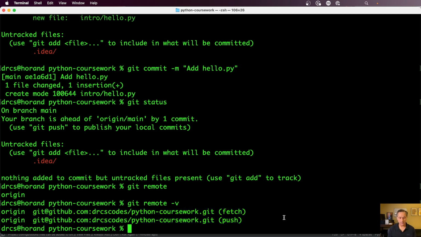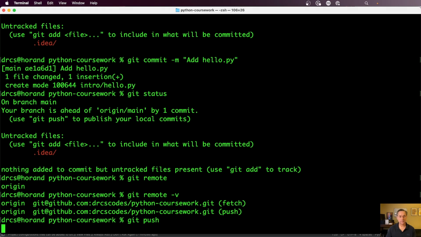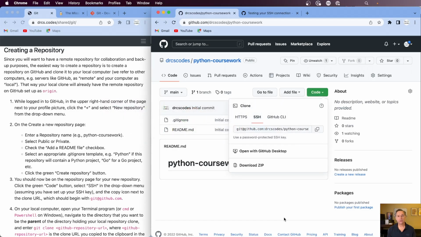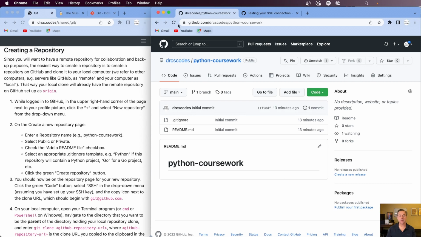So at this point, we can say git push. And what I've done here is I've committed directly to main. Now we normally don't want to do that. Normally we want to create what's called a feature branch or a topic branch and then push that and then merge it into our main branch using what's called a pull request. And in future videos, when we go over some of the projects and things like that, I'll show you how that all works. But if we go back to our GitHub repository now, do a refresh,